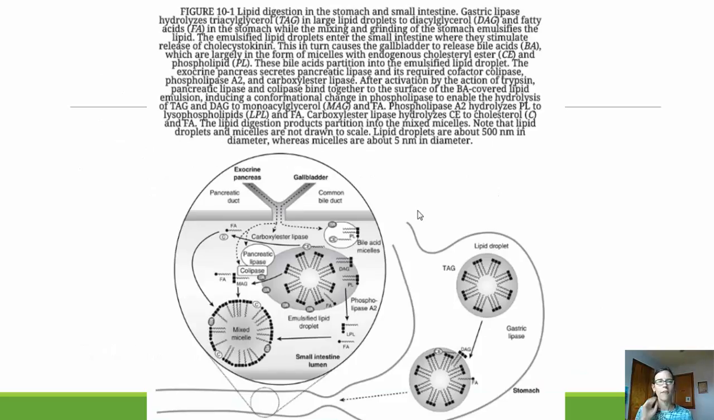Okay, so here is a nice figure from our book that sums up lipid digestion in the small intestine. Let's just go through it really quick. We have a lipid droplet or triacylglyceride in the stomach. It encounters the enzyme gastric lipase and then becomes a diacylglyceride and a free fatty acid. This goes into the small intestine,